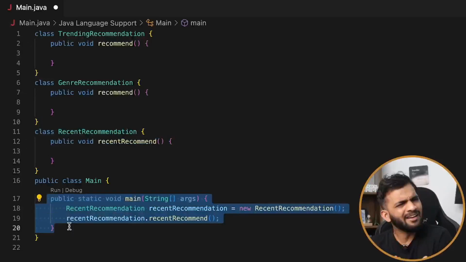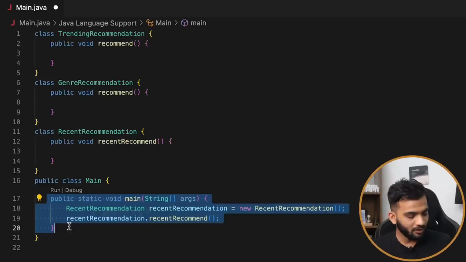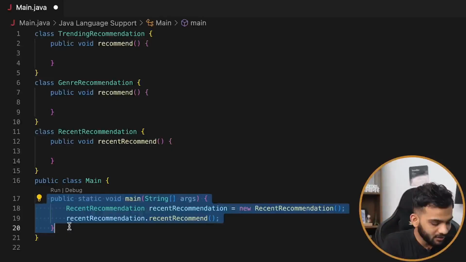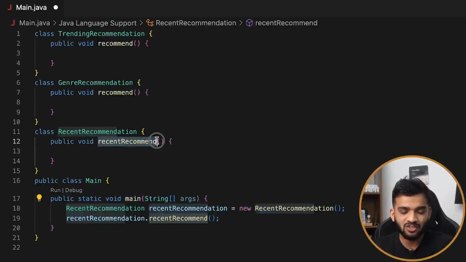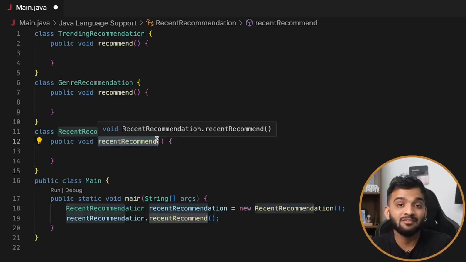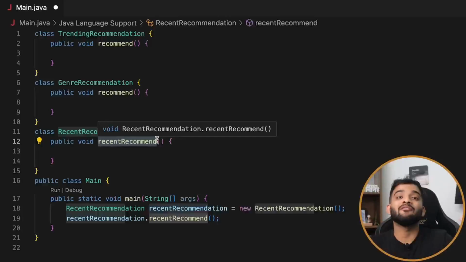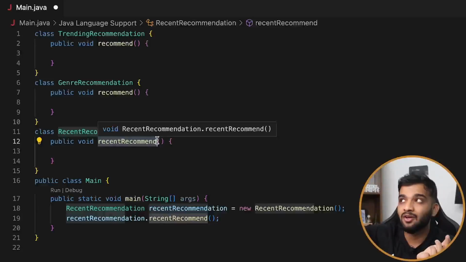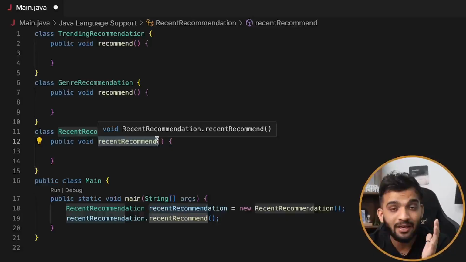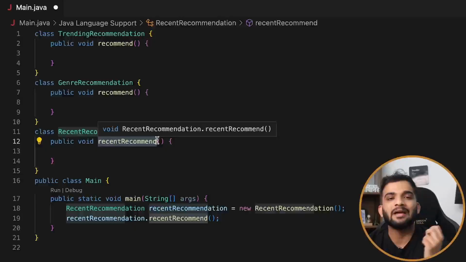This is your high level module, because you're using a class to do something. Now over here, if you carefully see, can I say that the high level module is depending on the low level module? Because the low level module changed the functionality to recent recommend, so it had to change the call. So the high level module and the low level module are very tightly coupled. If anything changes underneath, everyone that is using the recommendation stuff will have to change it, and that is tricky, and that shouldn't be done, because as your code scales and is being used by multiple microservices,